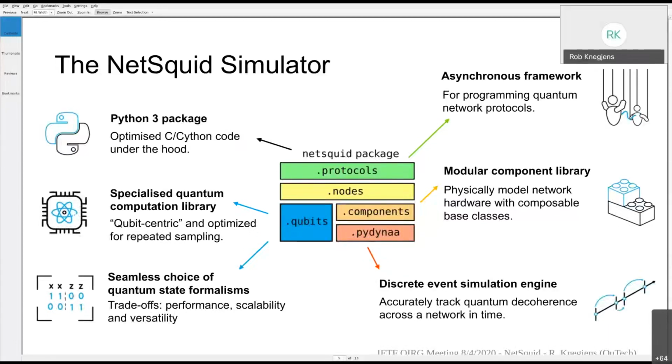If you look at this stack of sub-packages, I'm just going to check the other window. I hear a lot of beeps. Okay, there's nothing. If you consider this stack of sub-packages, then it's sort of key package it's built on is this discrete event simulator. So it steps through